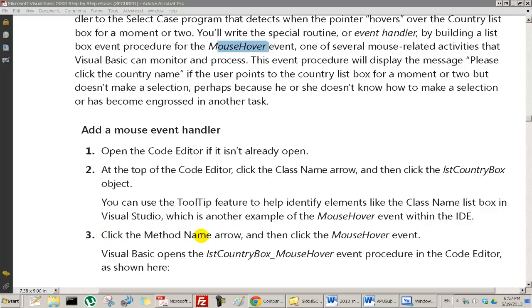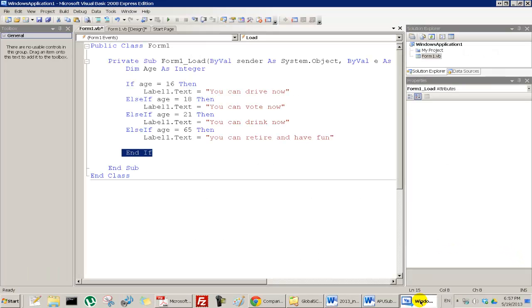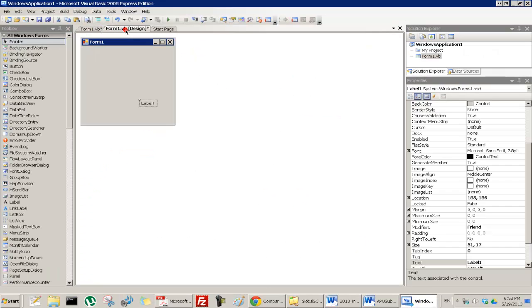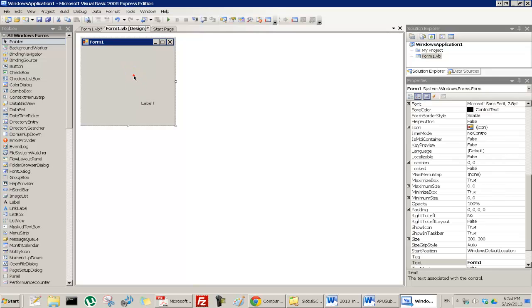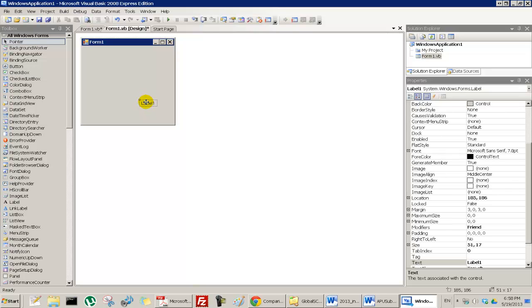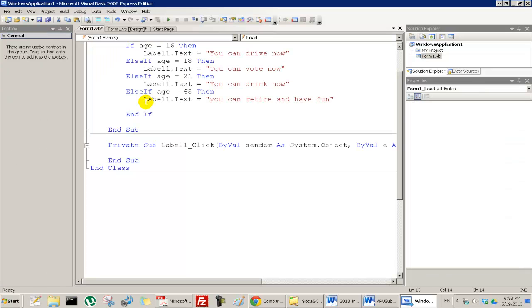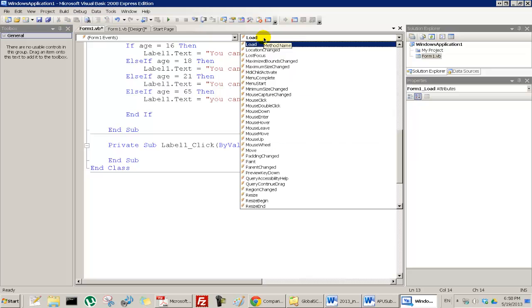Click the method name arrow and click mouse hover. So basically what they want you to do is go here, click on whatever it is, like for example, suppose I wanted a mouse hover for this label. I would click on this label, I would double click on this label, and then I could find the mouse hover